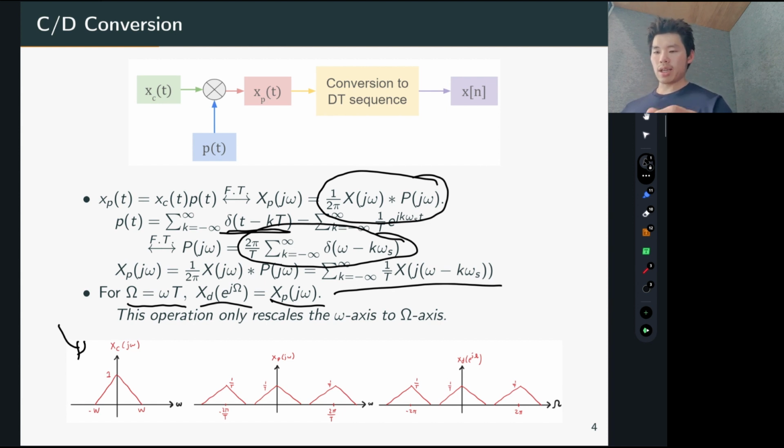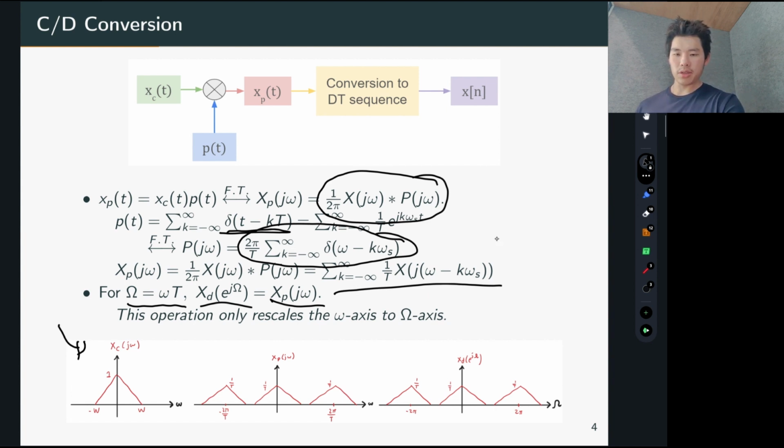Let's say X_c(jω) is that triangle wave with the maximum frequency W, and X_p(jω) is going to be a bunch of copies of that, with the amplitude scaled by 1/T, and the copies are centered at 0 and all multiples of 2π over T. And what the last step is doing is basically scaling the whole x-axis by T,